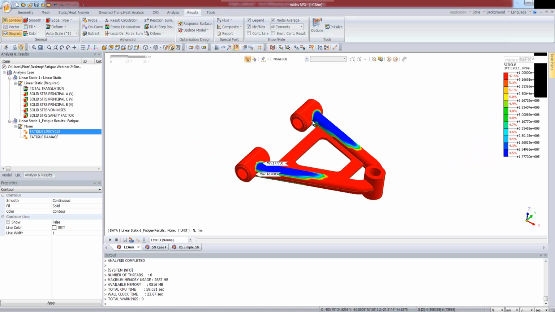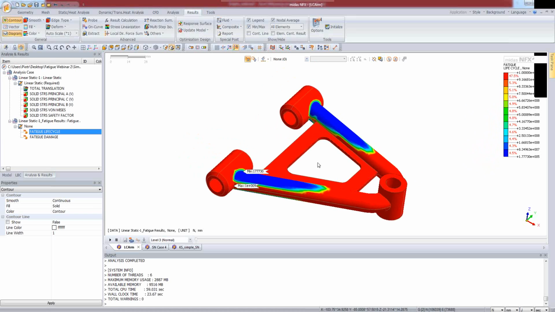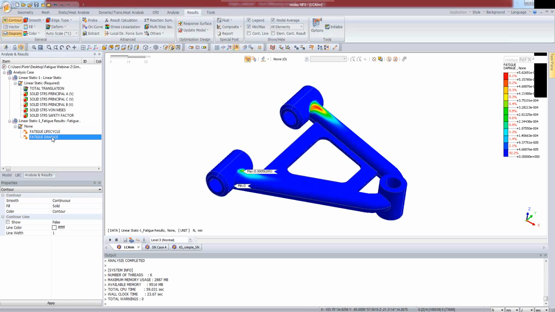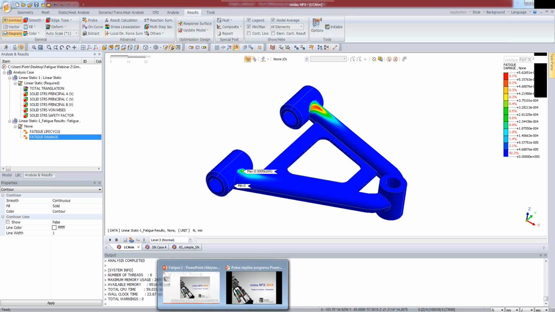And here we see the fatigue life cycle result for the specified material and for our model, and we can also display the maximum damage result. So that was all for today for the fatigue analysis and for the simple examples. I hope